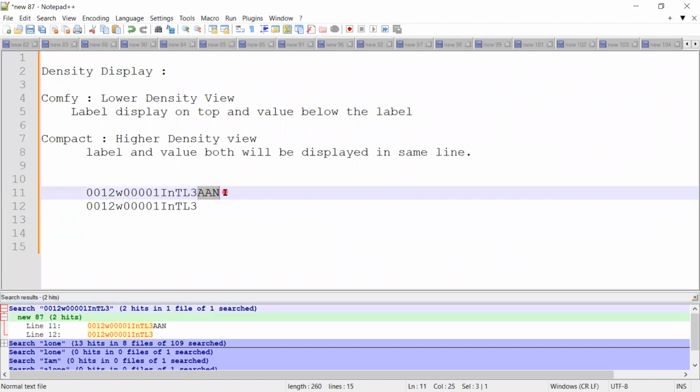Right? And yes, 3 digit, they have appended the 18 digit. So,